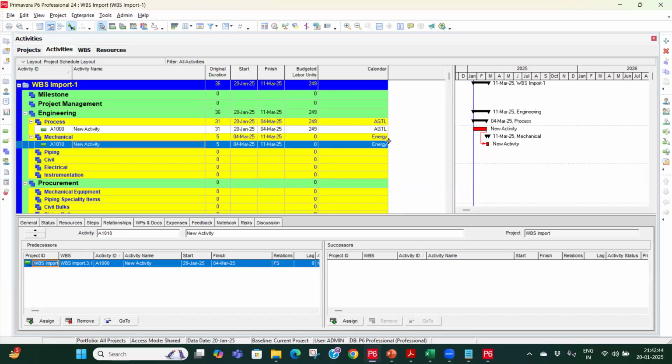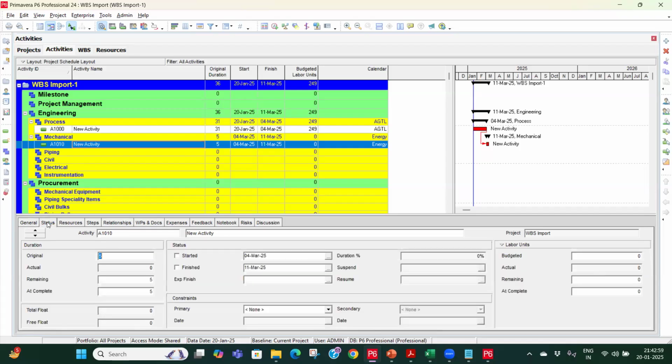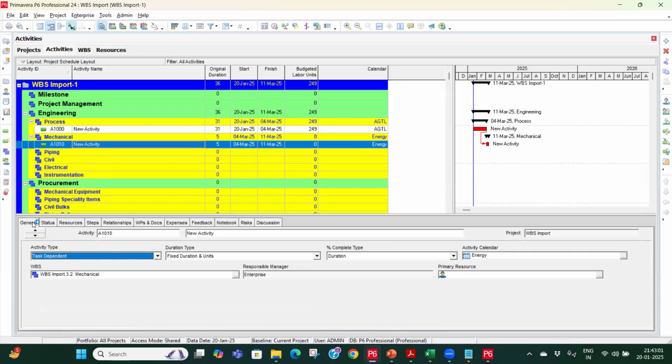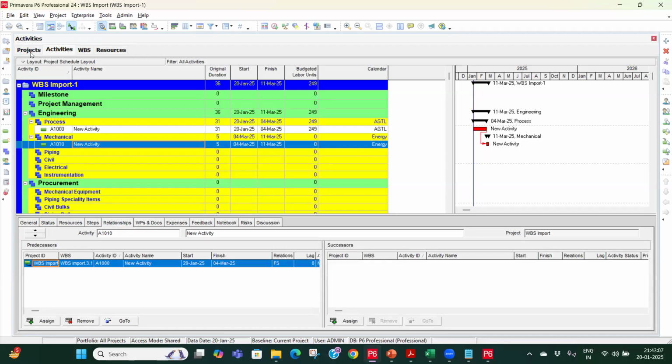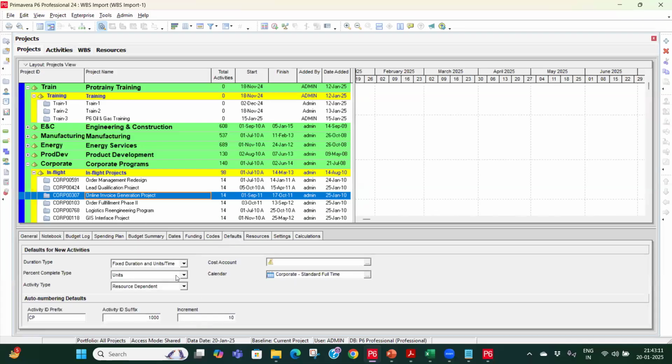सर, नीचे में जो जनरल, स्टेटस, रिसोर्सेज, स्टेप्स, ये नीचे जो मेन्यू बार है उसमें एक डिफॉल्ट डिटेल्स बार ऑप्शन है, बॉटम डिटेल्स बार। डिटेल्स बार में एक डिफॉल्ट का ऑप्शन आता है जो कि मेरे में आ नहीं रहा है। कौन सा डिफॉल्ट, बोलिए तो। एक जनरल, स्टेटस है ना, रिसोर्सेज, स्टेप्स, रिलेशनशिप, में एक डिफॉल्ट का ऑप्शन आता है। डिफॉल्ट यहाँ पे आता है शायद आपका, आई थिंक प्रोजेक्ट विंडो पे। हाँ, यहाँ पे आता